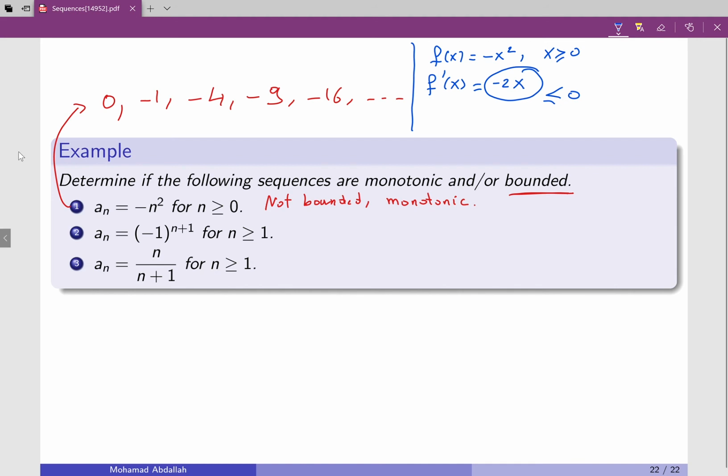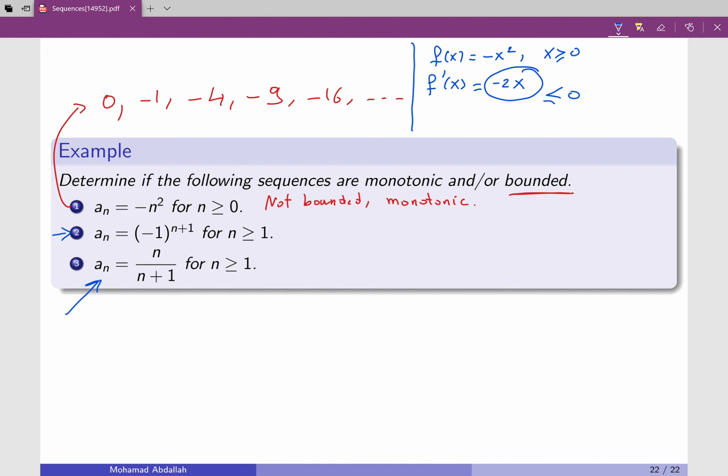Now, for that one, I think I mentioned this example, and it's the same as a_n equal negative 1 to the power n, same idea. For that one right here, I can do this using algebra, and I can also show whether it's increasing or decreasing using calculus. Okay, so using algebra, I'll show you two ways. First of all,